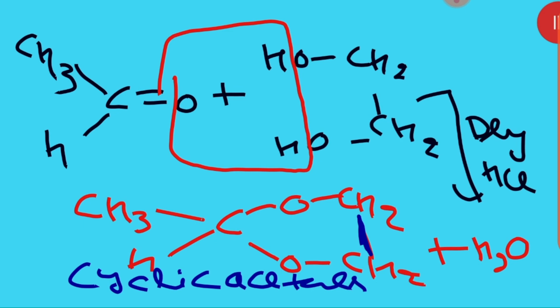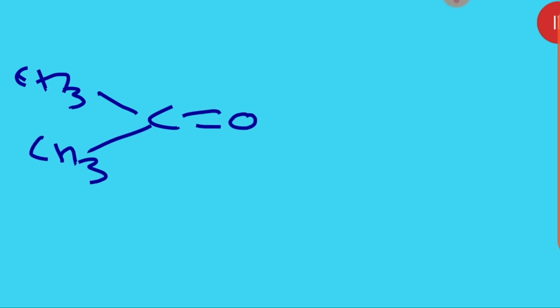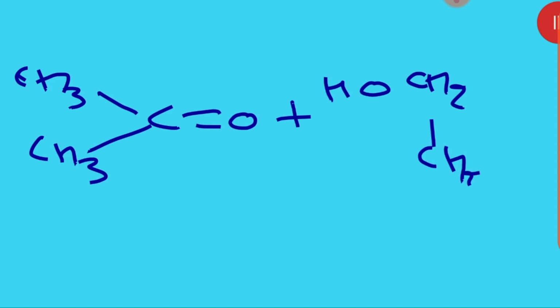Cyclic acetal. Just remember, ketones do not form acetals with monohydric alcohol. If we have to make from ketones, they also do not form with monohydric alcohol. You see, please, all of you. Here I am writing: ketones cannot form acetal with monohydric alcohol. So again we have to use dihydric alcohol, means ethylene glycol. We have to use it again.